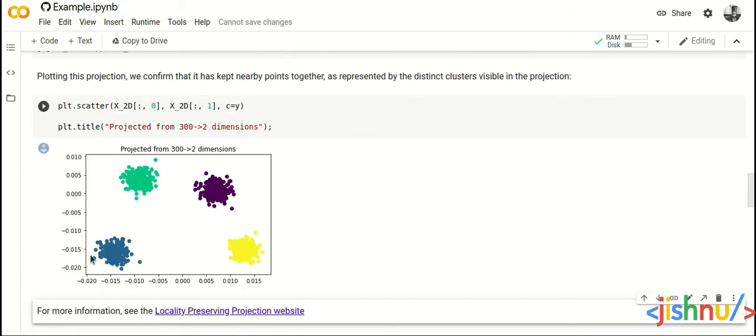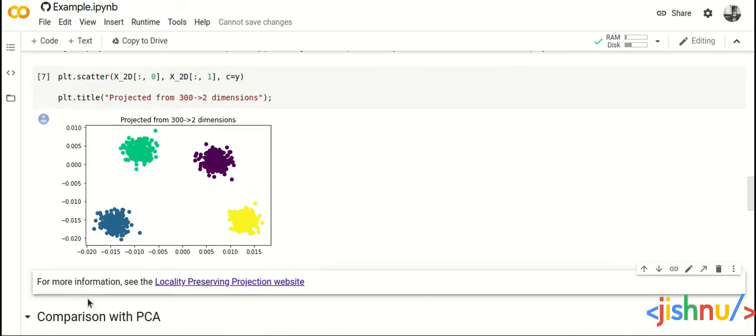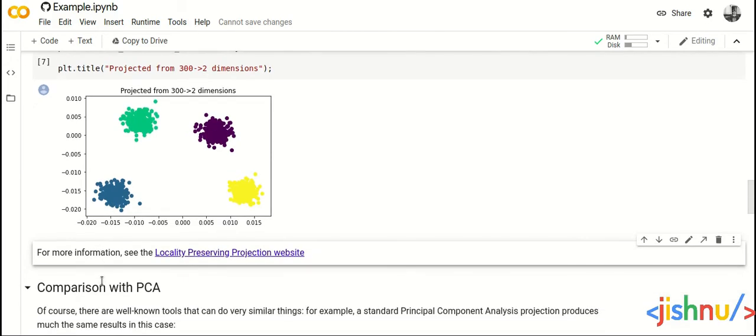So here we can clearly see that all the different clusters are projected at a very far distance from each other, and we are easily able to make out which data point belongs to which cluster. So for more information, I'll keep one more link in the description in which you can go and check out the paper for this particular method. That would help you to understand the math behind this method. So do check out the description box.